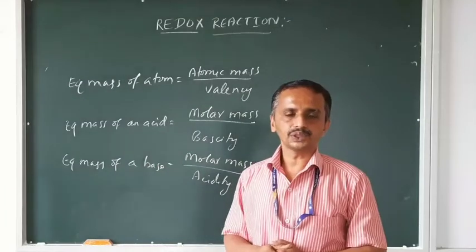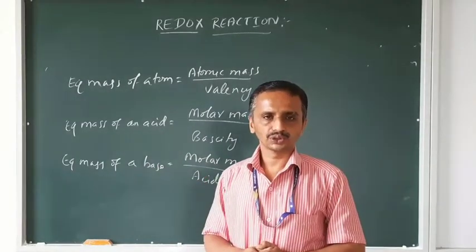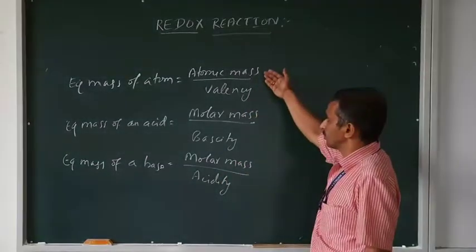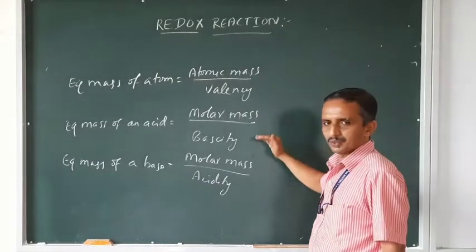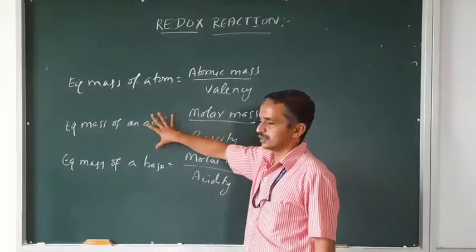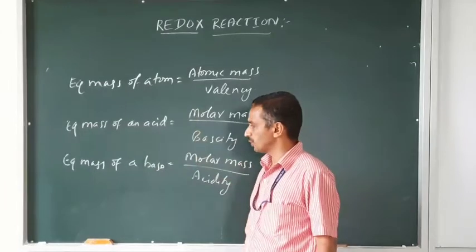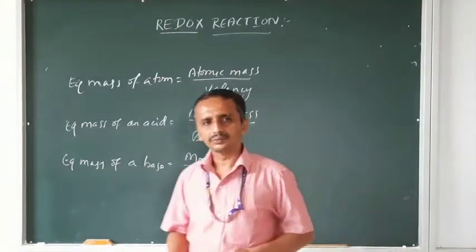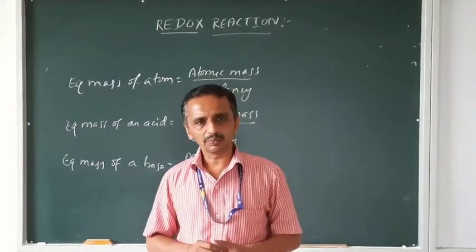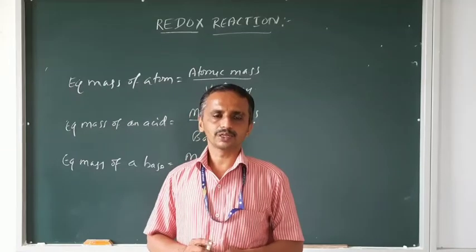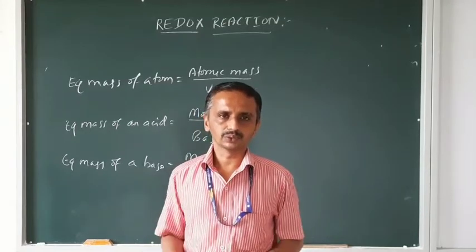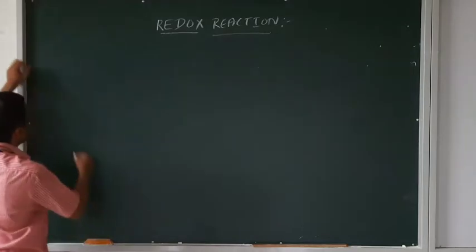Anyone having a doubt? Refer to your previous notes in the first chapter. So, atomic mass by valency for an atom, molar mass by basicity for an acid, molar mass by acidity for a base. Now, sometimes we have to calculate the equivalent mass for potassium permanganate or potassium dichromate, which is not an acid, not a base, and not an atom either. How to calculate it? There,